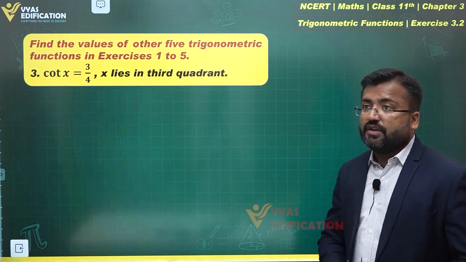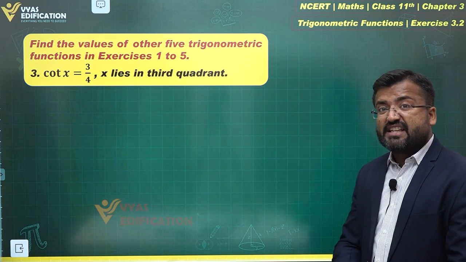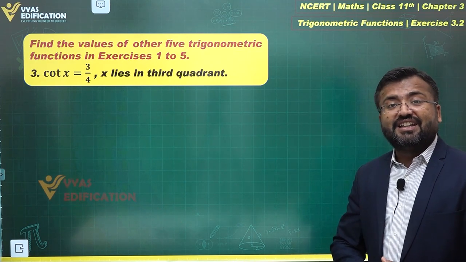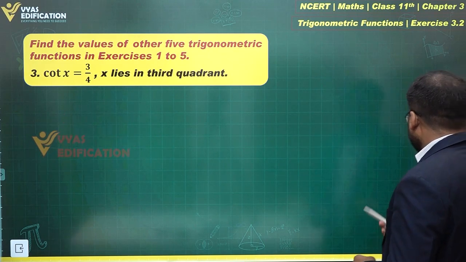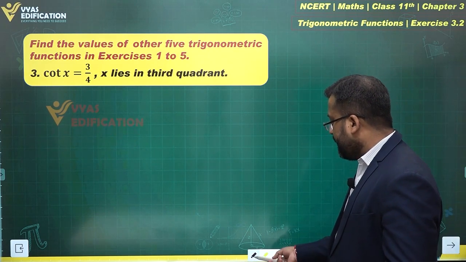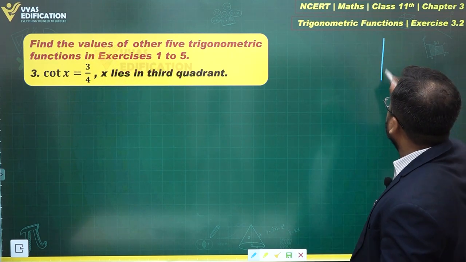Let us talk about the next one. This question says that cot x is 3 by 4 and x lies in the third quadrant. We have to find the other 5 trigonometric ratios. How do you go about doing this? When it is given that cot x equals 3 by 4, one of the simpler approaches is to draw